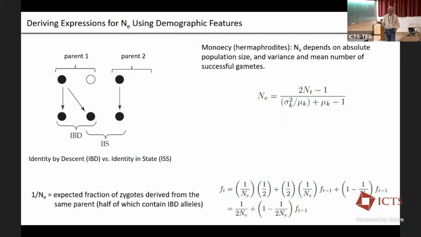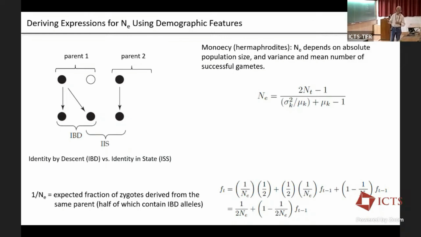And what people do is they think about various mating systems, sex ratio, variance in family sizes, all kinds of things, and try to think, if that's the state in the population, we're drawing random gametes for the next generation. Given that kind of demographic set of features, what's the probability they're identical by descent? And just as one example I've given here, a monoecious or hermaphroditic population. So each individual produces male and female gametes like many plants do. And you can work this out analytically.